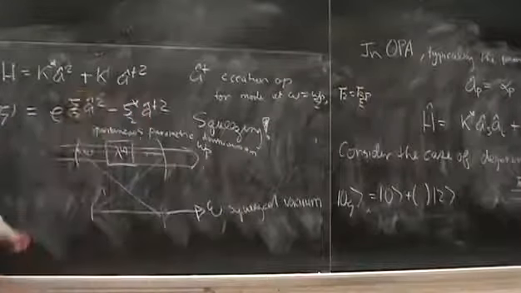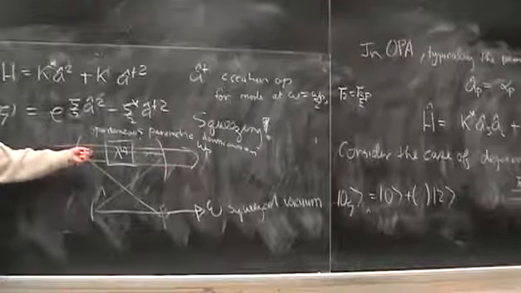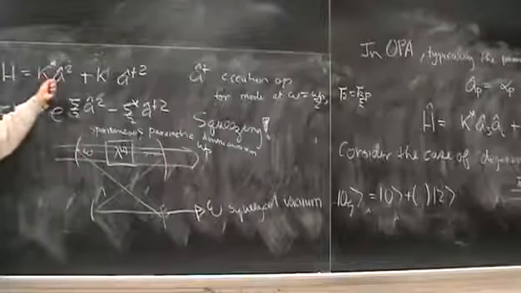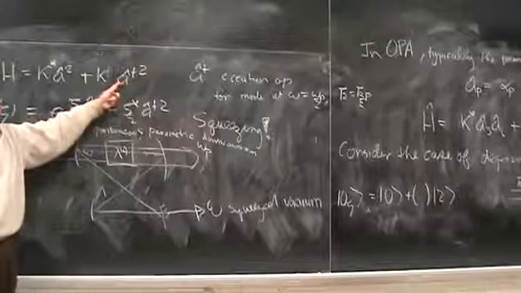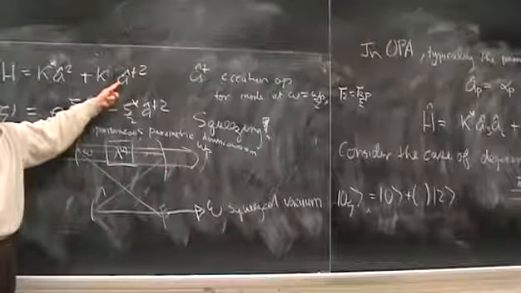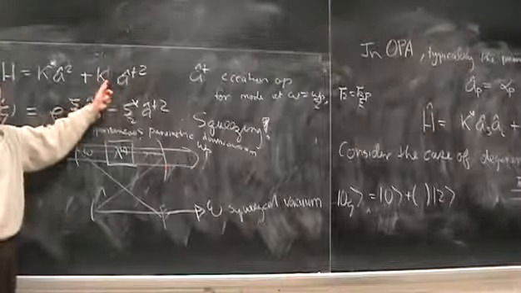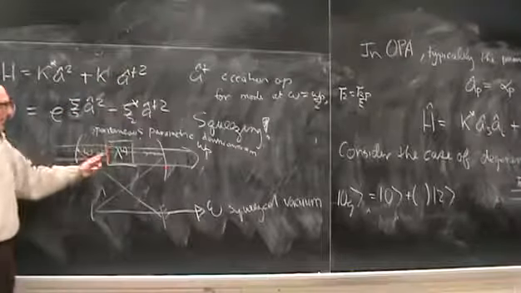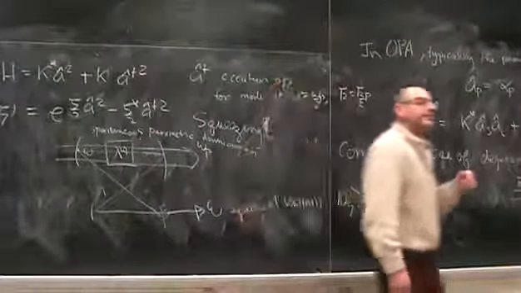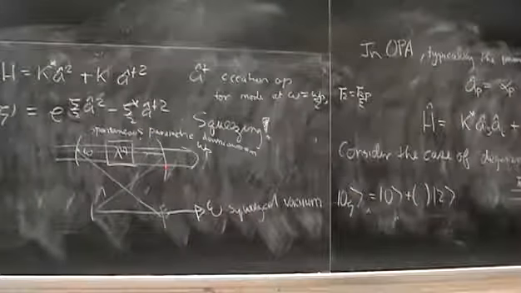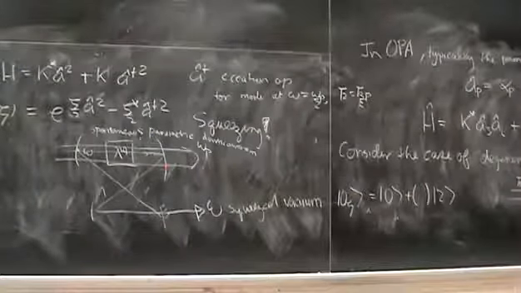That is to say, we started with a pump photon, and through this process, we spontaneously created a pair of photons, and actually multiple sets, depending on how big that is. And those photons are in superposition with the vacuum, and that is our squeezing. Yeah? So does the squeezed vacuum come out at some